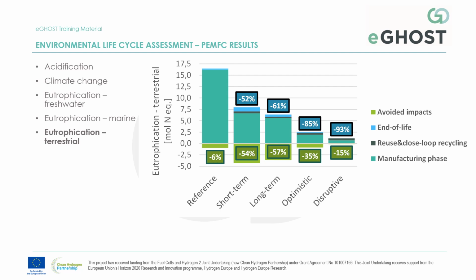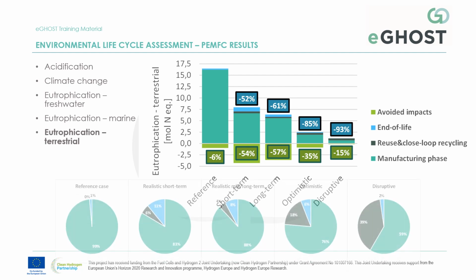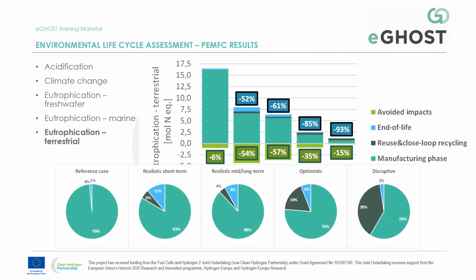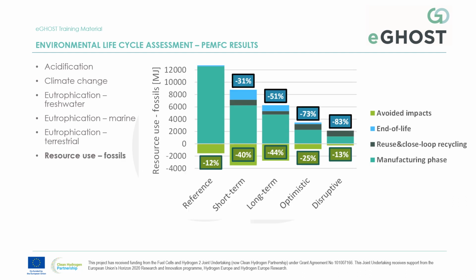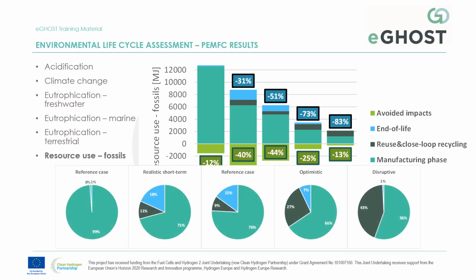So quite big reductions and quite similar shares as for the marine eutrophication. Similar for the resource use fossils, so we have steady reductions, and here the reuse and closed loop recycling contributes quite a lot at the disruptive case, but still the manufacturing phase is nevertheless the most